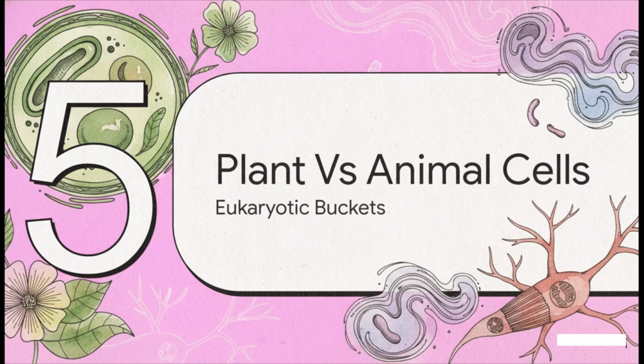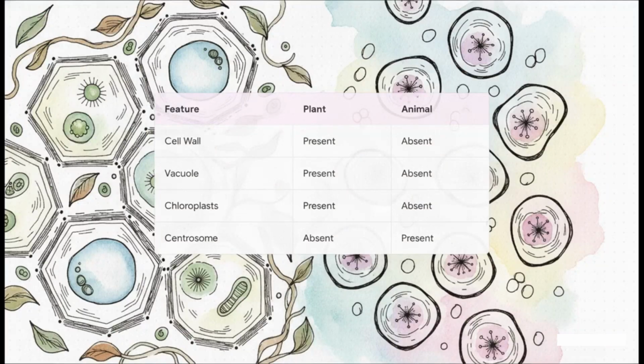Section 5, plant versus animal cells. Now keep in mind, both plants and animals are eukaryotic, meaning they possess a true, distinct nucleus. This is unlike prokaryotic cells, like the bacteria we mentioned earlier, which just have their genetic material floating around without a defined nucleus. When you look at this direct comparison between eukaryotic plant and animal cells, you really see how